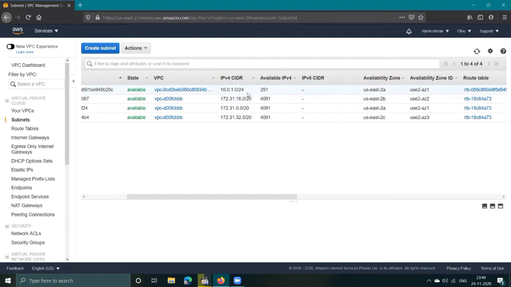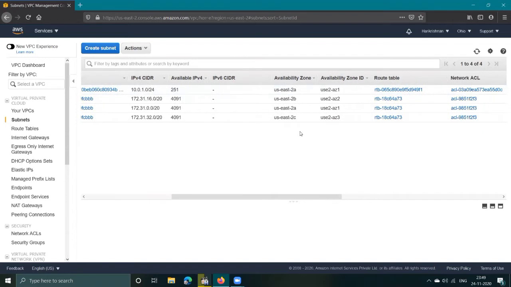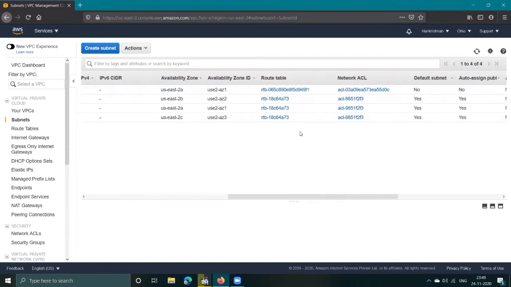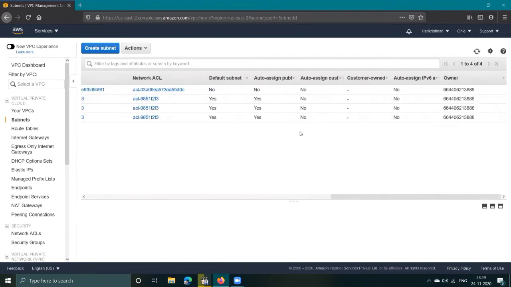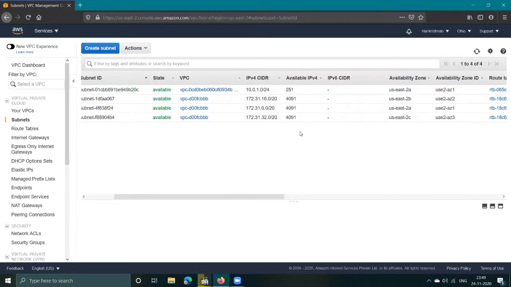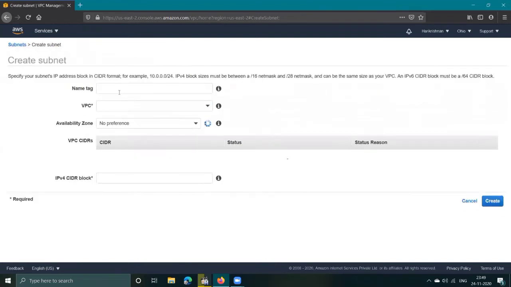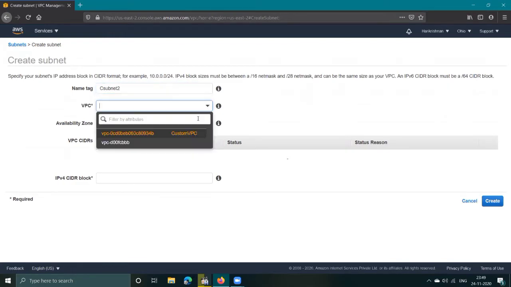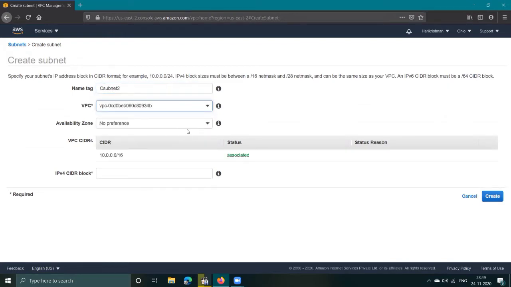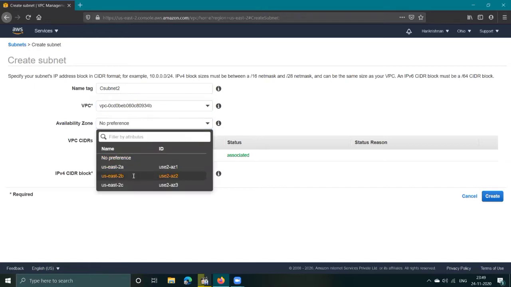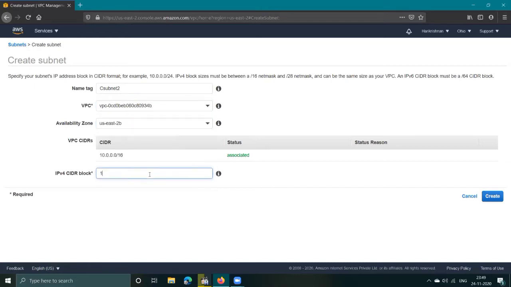Our first subnet is created. You will see there are 251 IP addresses available, according to what we have provided in the IPv4 CIDR block. Look into the resources which we have filled. Next, create another subnet. Name it C subnet 2. Select custom VPC.